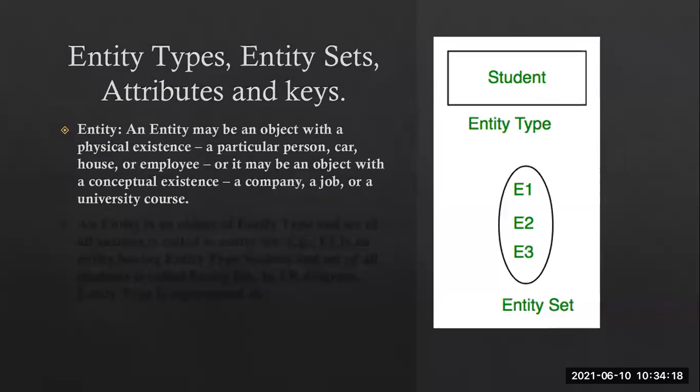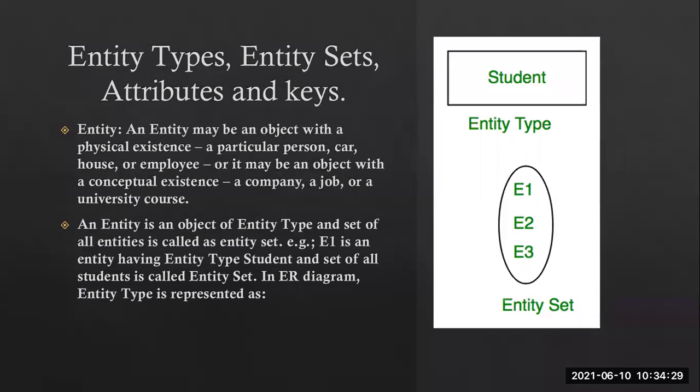Okay, for example you can give the student. Student is the best example for the entity here. Table entity is like a table only. Then an entity is an object of an entity type. Here they will ask the question, what is an entity type? There is a lot of difference between the entity and the entity type. Entity means it is a table or an object, and an entity is an object of an entity type.